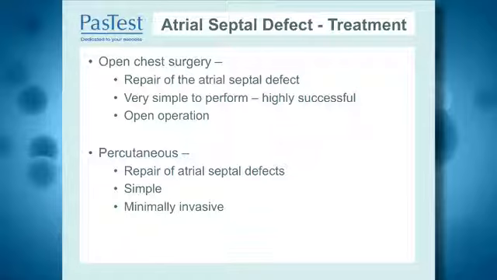More recently, it's possible to perform these atrial septal defect repairs percutaneously. This is by using a closure device which is pushed up from the right femoral vein. The advantage of this, of course, is it's simple, it's minimally invasive, often only requiring a prolonged admission over the course of a day or perhaps a single night stay, and the patient can go home. The difficulty of this procedure is it's very difficult to treat a fenestrated atrium where there is more than one hole.